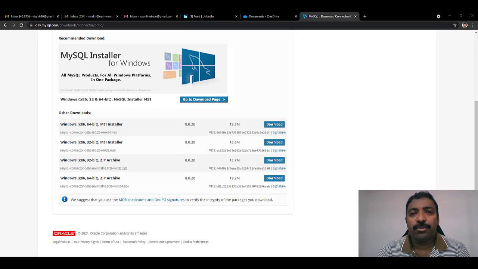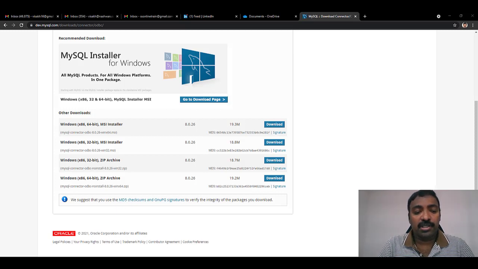For the sake of this demo, I am skipping the installation part, but you can come to this URL and get your ODBC connectors downloaded for the 64-bit and the 32-bit. So here we have installed the 64-bit after downloading it. Now let's first set up a DSN using the 64-bit connector, and let's use it within our report.